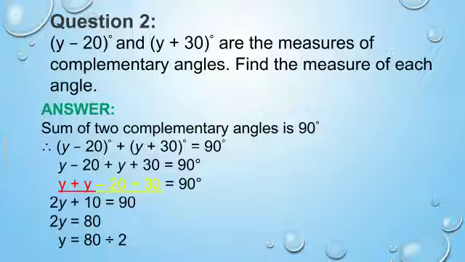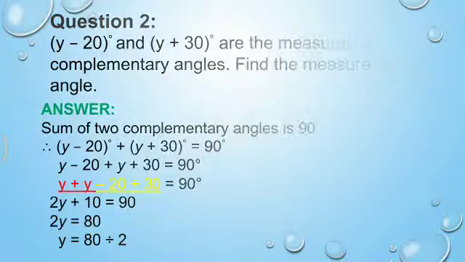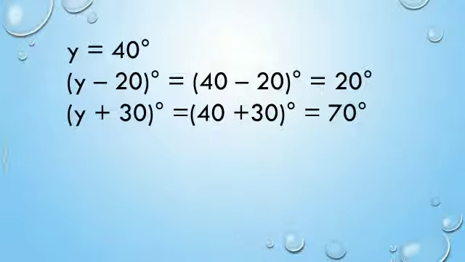Now how are you going to solve this equation? First tell me, between 2 and y which sign is there? Between 2 and y a multiplication sign is there. So from this 2y you have to take 2 on the right hand side. So multiplication will become division, that is 80 divided by 2. Clear? So if you divide 80 by 2, what will you get? You will get 40. So what we have done here is find out the value of y.